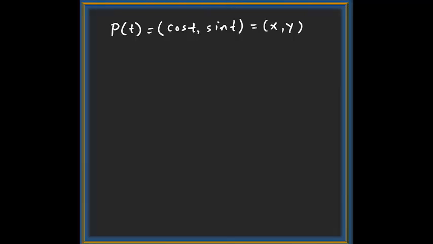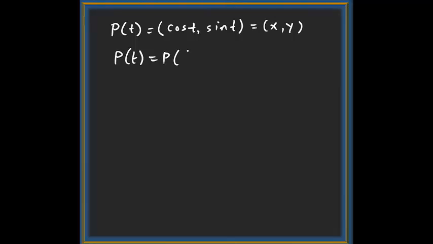Definition of PT in trigonometry. So PT is actually cosine t comma sine t. So cosine t is the x coordinate and sine t is the y coordinate. Now when you say find PT